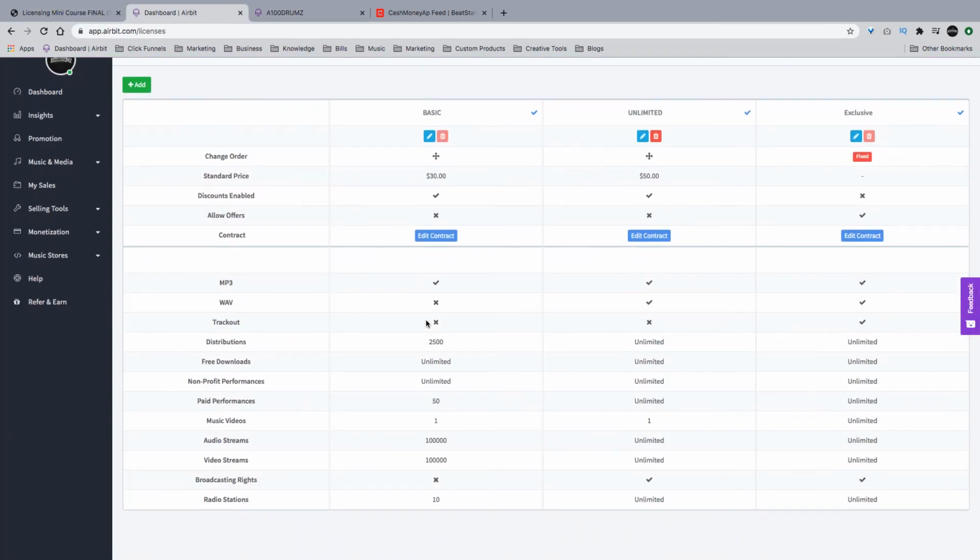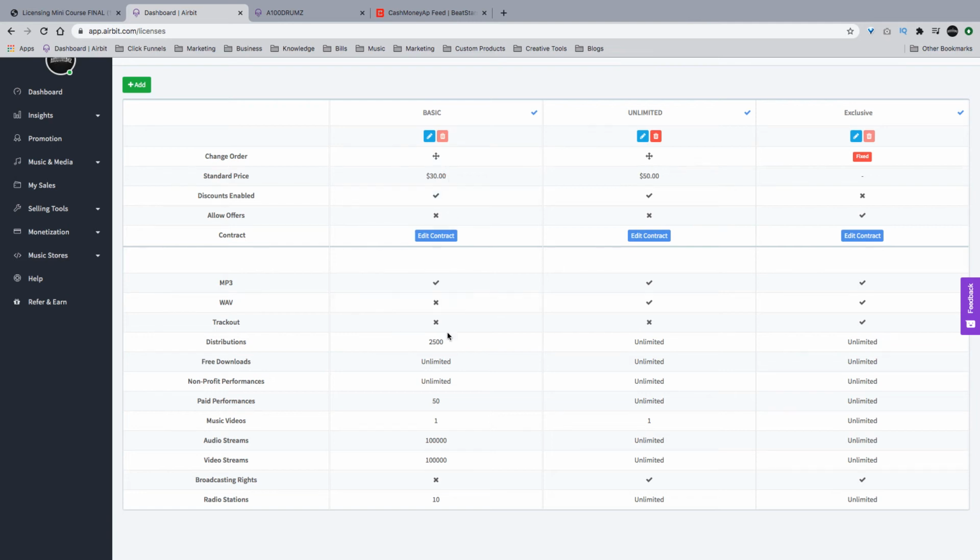This is going to be my licensing agreements that I have in place for now. I don't have as many as most producers, where they have a basic plus the Wave, a premium, and then they got an unlimited license. I wanted to keep it really simple, really straight up front with you guys. You can either get the basic license or you can get the unlimited license, which comes with the MP3 and also the Wave file. Or you also have the right to purchase the beat exclusively, which we'll get to in a minute. So over here for the non-exclusive, we have the basic rights for $30.